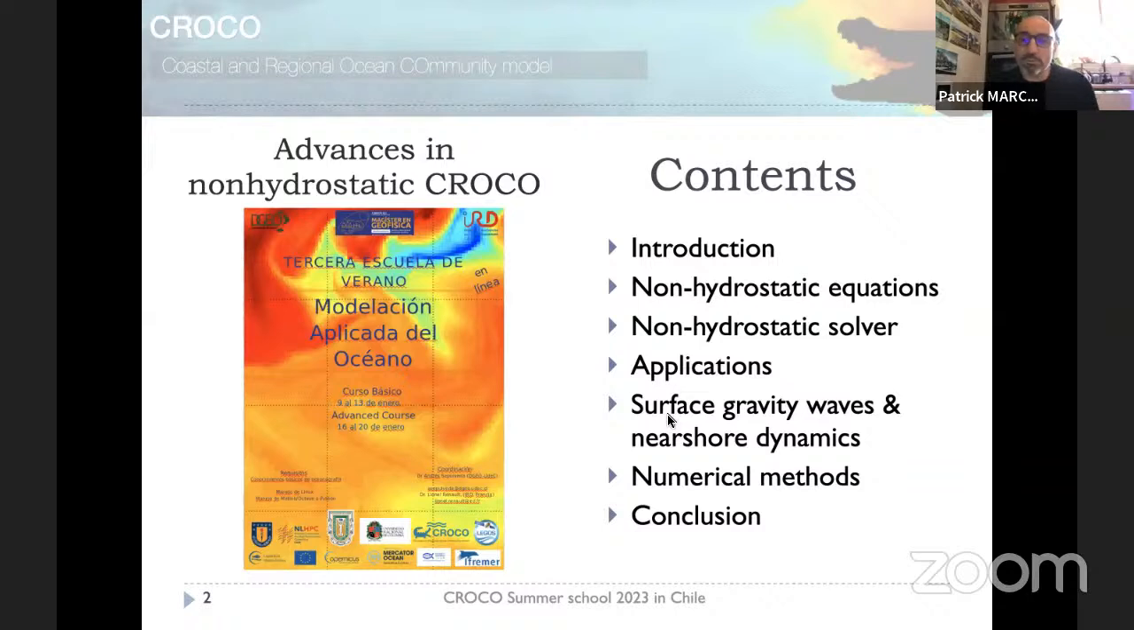Then I will say a few words on numerical methods, because I think it is important and it's not always presented, these aspects of numerical methods on the quality of the results that we are getting with models. So we'll say a few words about this, particularly in the context of the non-hydrostatic model and the solving of. Okay, so let's start with